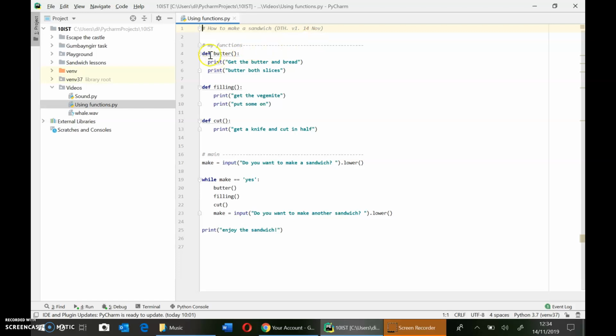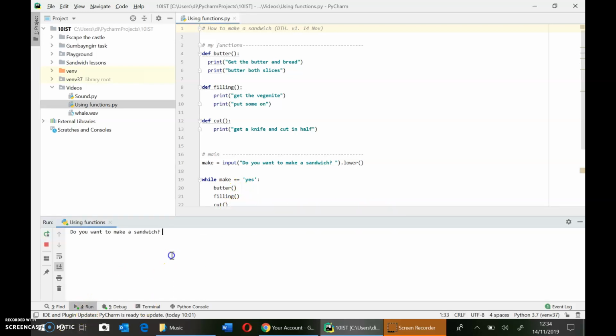I've got it nicely laid out here with my functions of how to butter the bread, how to put filling on, how to cut it, and then our code, which is: ask them if they want to make a sandwich. If they do, butter it, fill it, cut it, ask them if they want to make another. Which runs something like this. Do you want to make a sandwich? Yes. Get the butter it, put the Vegemite on. You can see here it's running each of those functions in turn exactly as I've asked it to,